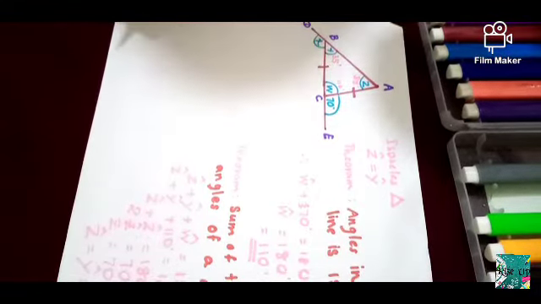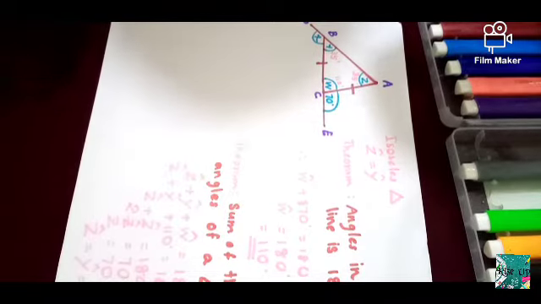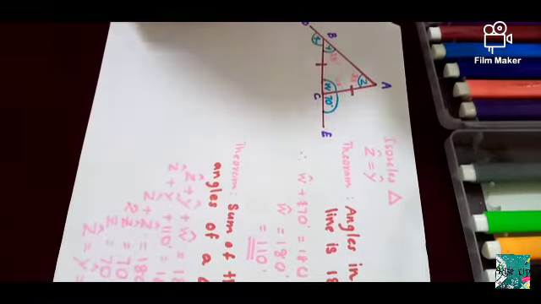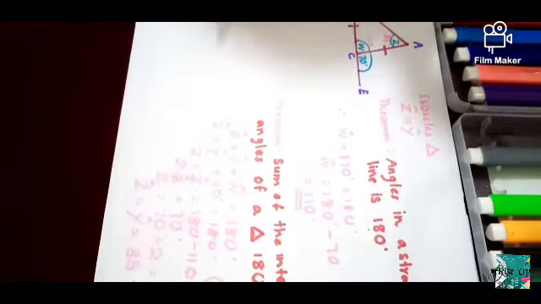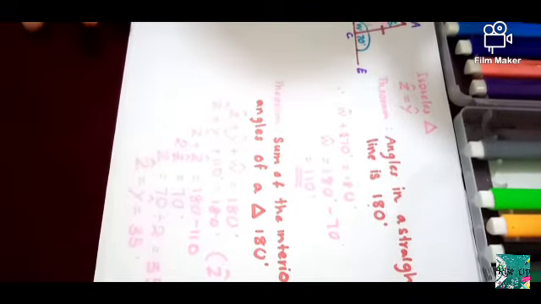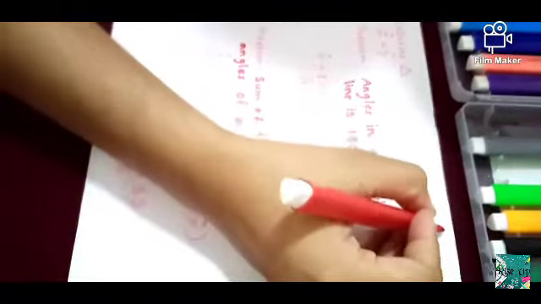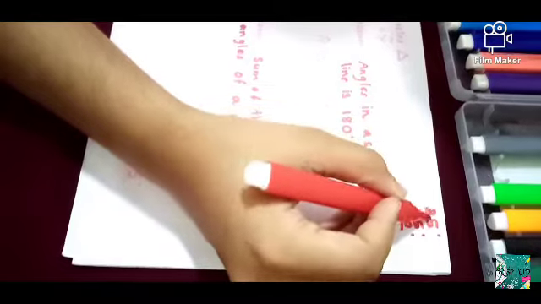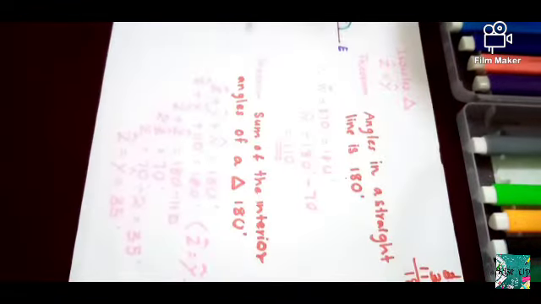And the W value also we found. But I am not sure of the answer. Sometimes after doing a hard question, some feel the answer is not correct. So you can analyze whether your answer is correct or wrong by adding these three values, to see whether you get 180, because we learned that the sum of the interior angles of a triangle is 180. So I'm just going to add them here. Z is 35, Y is 35, W is 110. So this is 180, and you are getting 180. So your answer is correct for these three values.